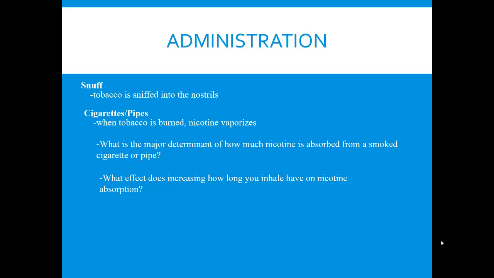Okay, so the larger the volume of smoke, the more nicotine that the smoker is going to get, the more nicotine that can be absorbed. If you took a small puff, then that's going to be less nicotine. So it's essentially how you're smoking the cigarette in terms of the size of the puff. So the volume of the smoke inhaled, because remember the nicotine is going to be vaporized and contained within the smoke, is going to determine how much nicotine the smoker gets from a smoked cigarette or pipe.